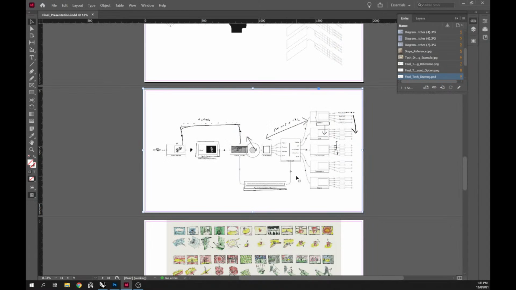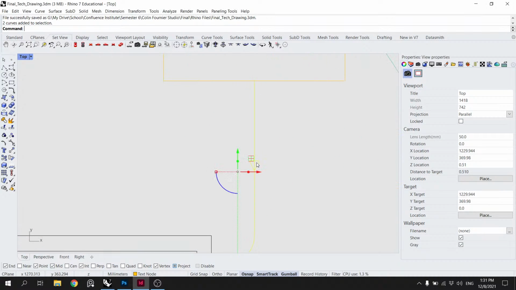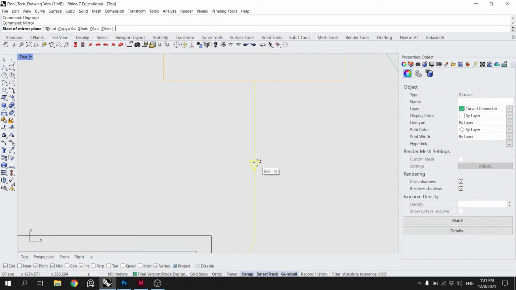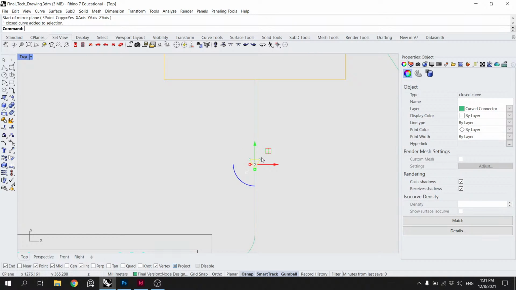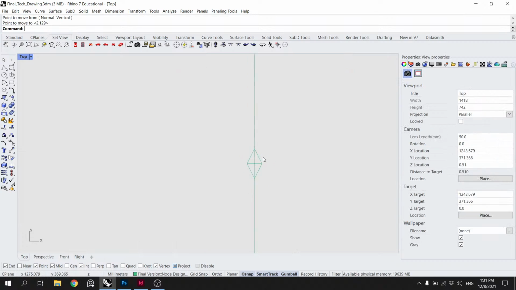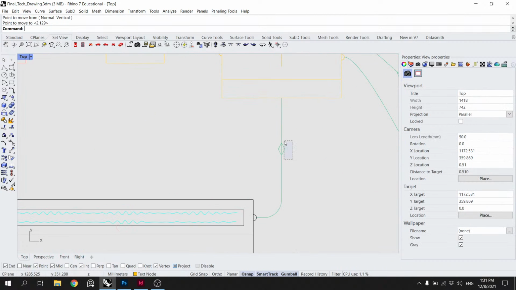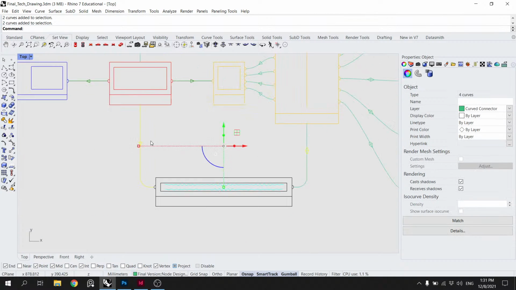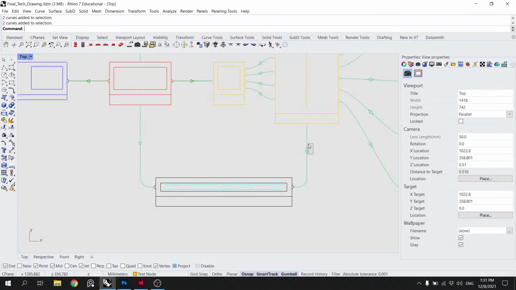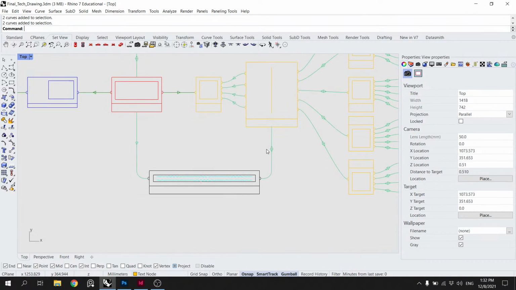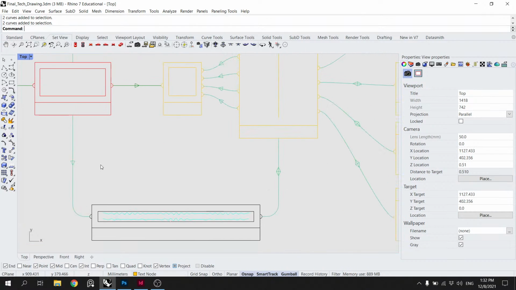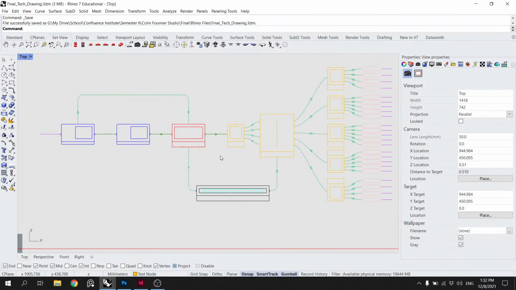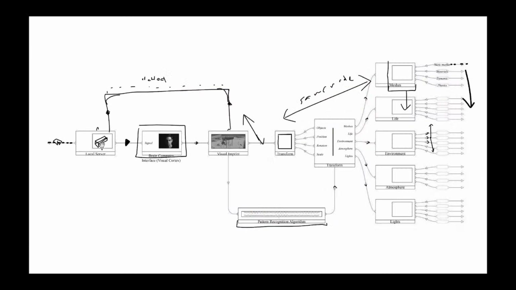This one down here needs a double arrow. So we mirror that there. And we do a move. Something like that. We want to just leave it. Alright, double arrow between these two.